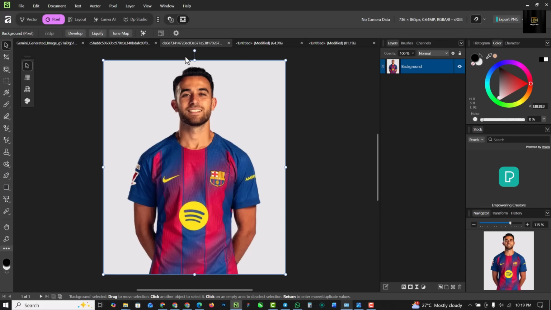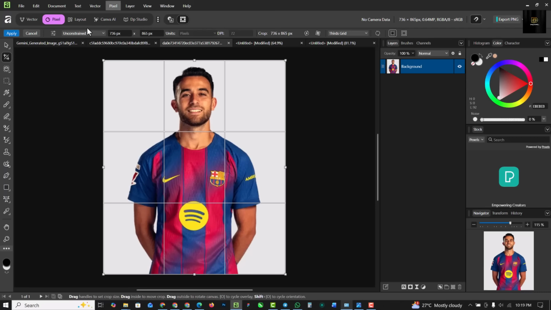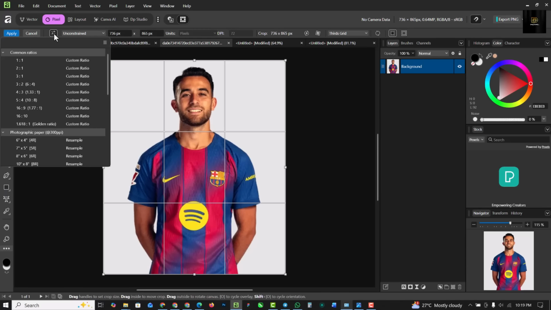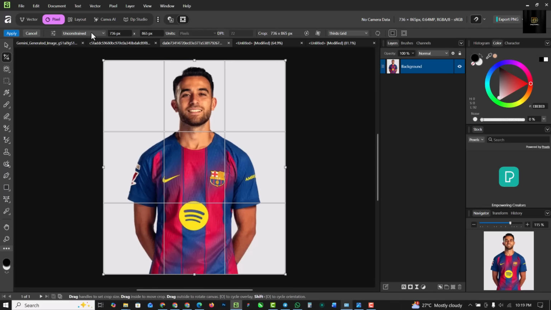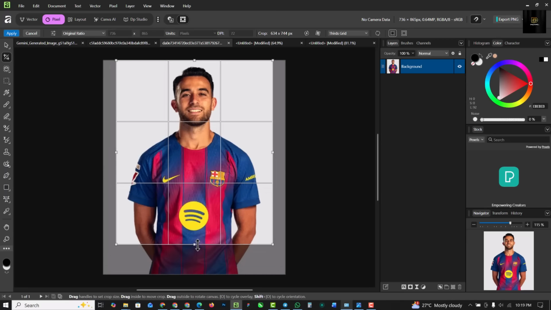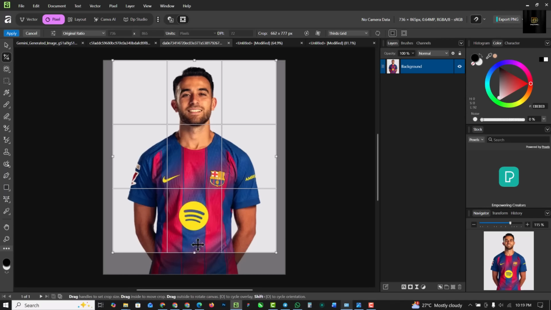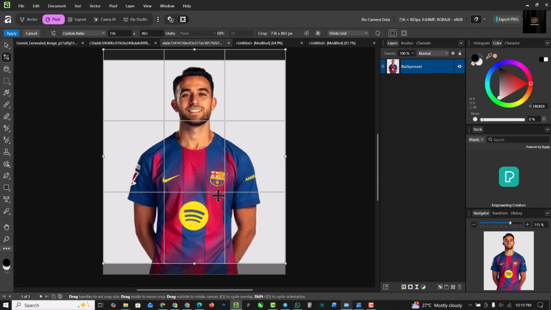So the next tool I'm talking about here is the crop tool, right? When you click on the crop tool, on the properties bar here, you have so many options. You can click on this to determine the kind of crop that you want to apply to the particular image, right? If you select here, you can choose to do things manually by selecting any of this original ratio. You can use the default ratio to create something like this,